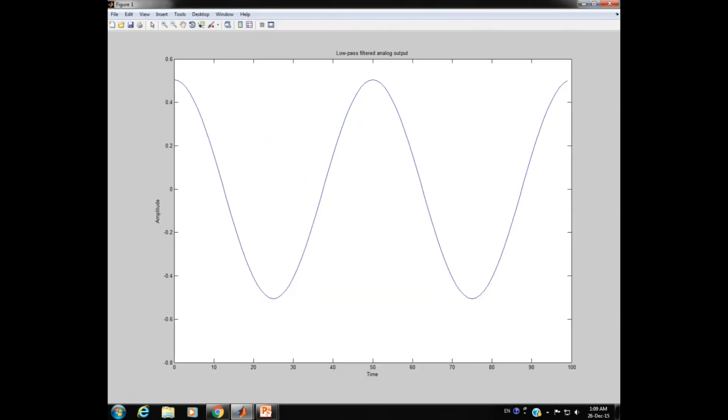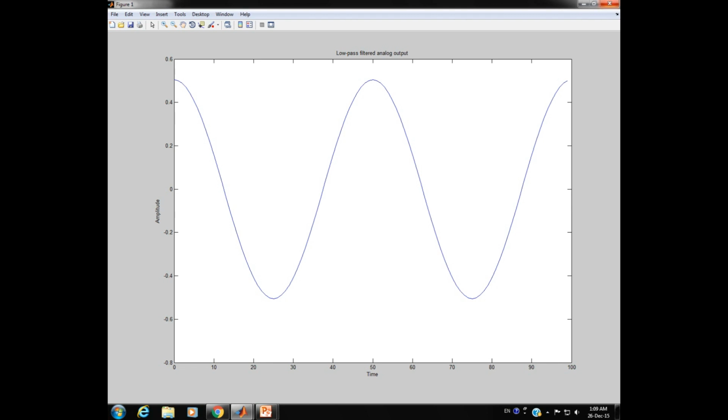Now you see with the maximized window, we see the low pass filtered analog output. This is the amplitude level on the vertical axis, whereas the same time parameter 0 to 100 we have on the horizontal. Whatever information was provided as input from the command window has been used, and this way we get the sigma delta operation for the digital to analog domain.